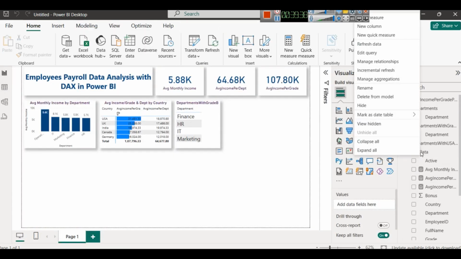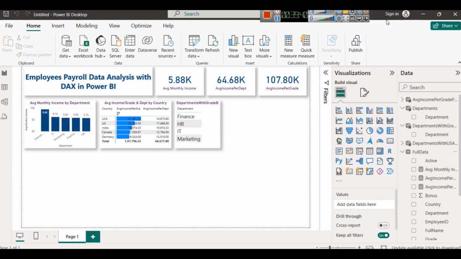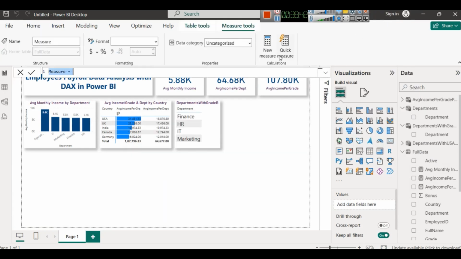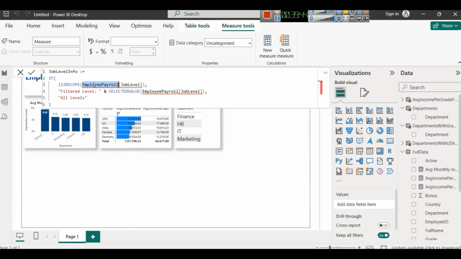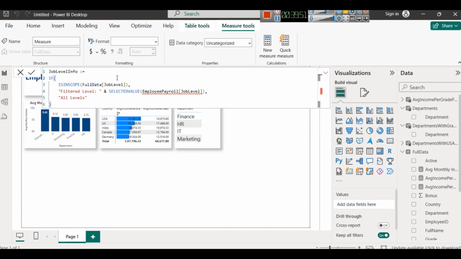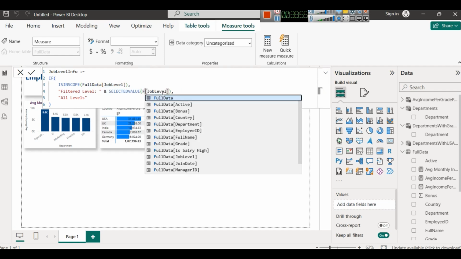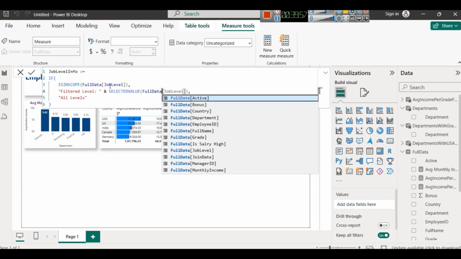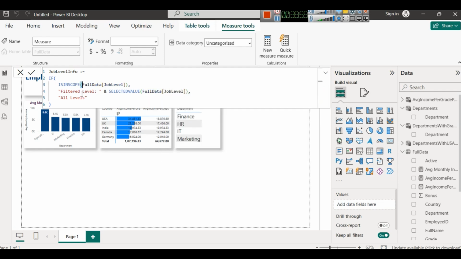So I am going to create a measure here. Remember, we are going to create a measure. So if it is in scope, full data, job level, and here also I am going to write full data. So here, if in scope,